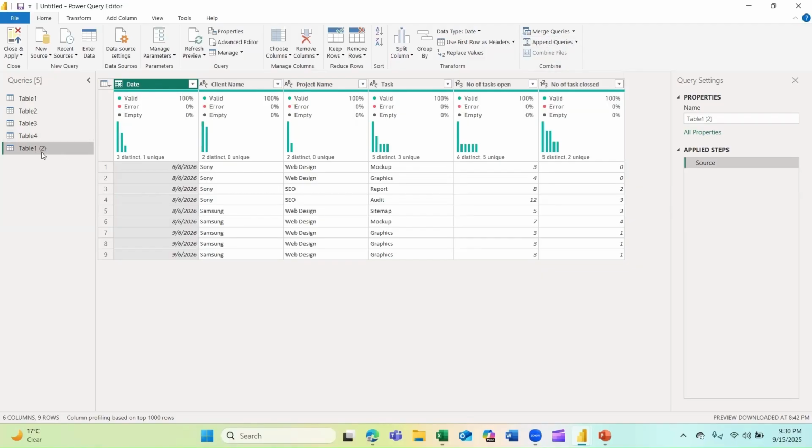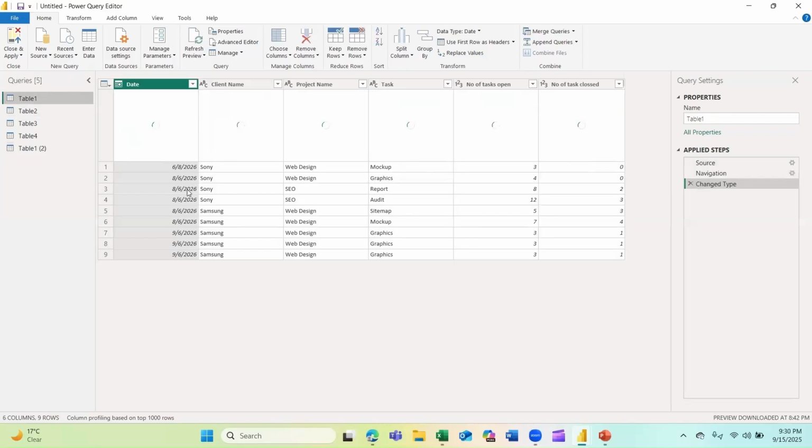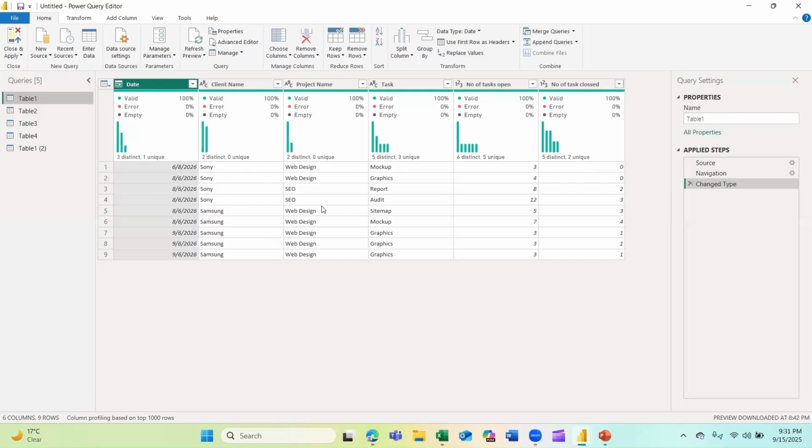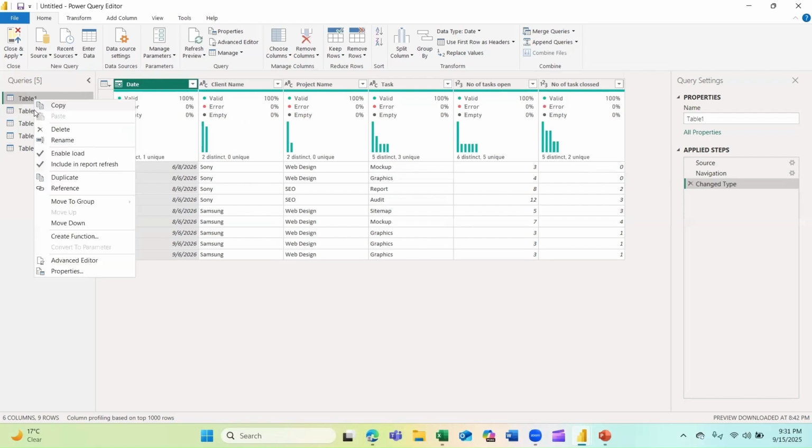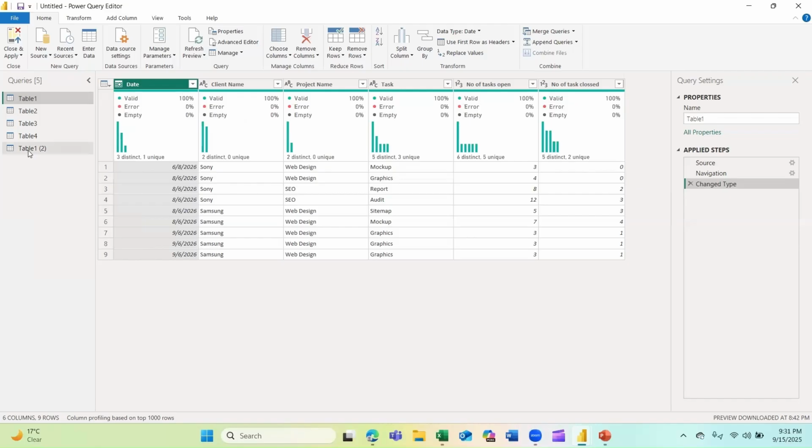But I want to explain a little bit the reason why I'm making this first table a reference. The reason is that if I don't want to change anything in my initial source data, I just want to keep it intact, then I can click on that table and make it a reference like this one.